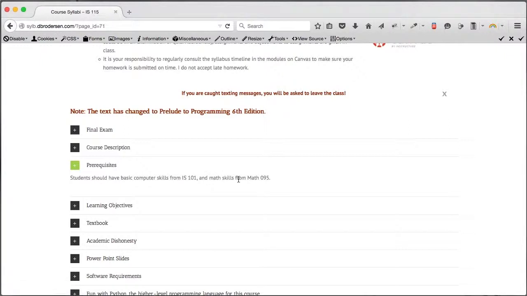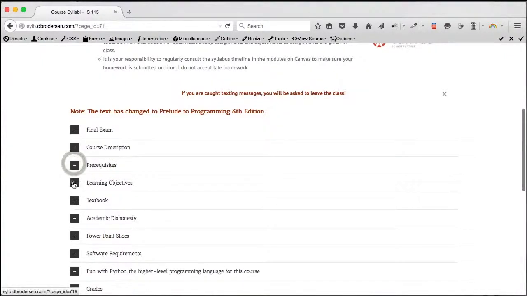You also have to have Math 095, which is beginning algebra. That means you need to know how to work with, say, a squared plus b squared equals c squared. You need to know how to use a formula. You need to be familiar with things like maybe the Pythagorean theorem, okay? If you're not, we will reacquaint you with that information. But the key is that you have taken Math 095.